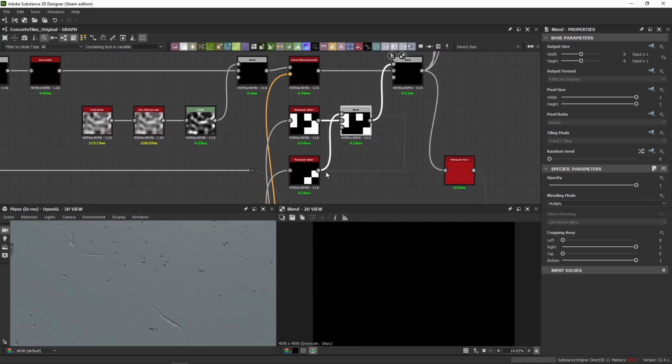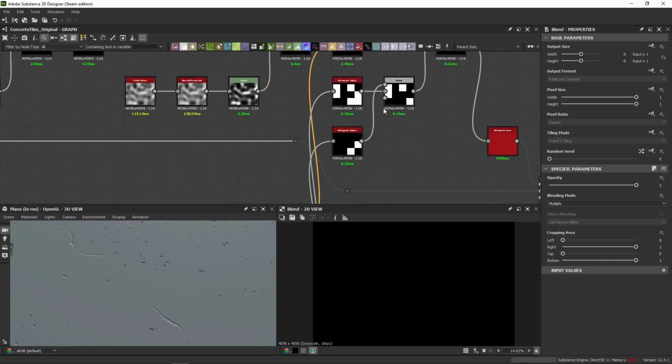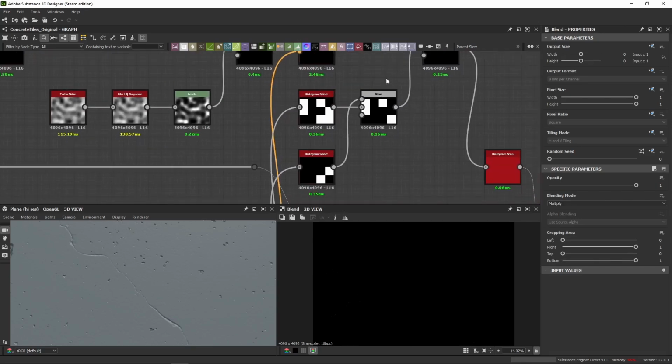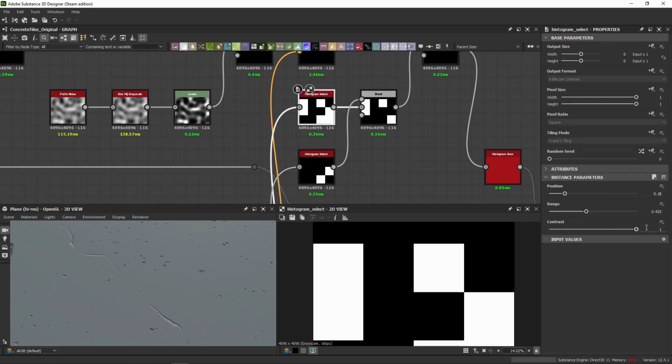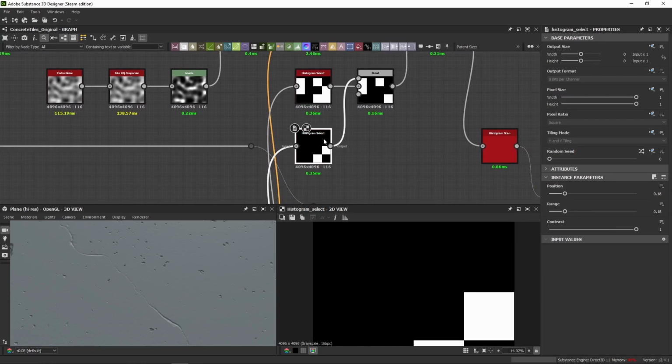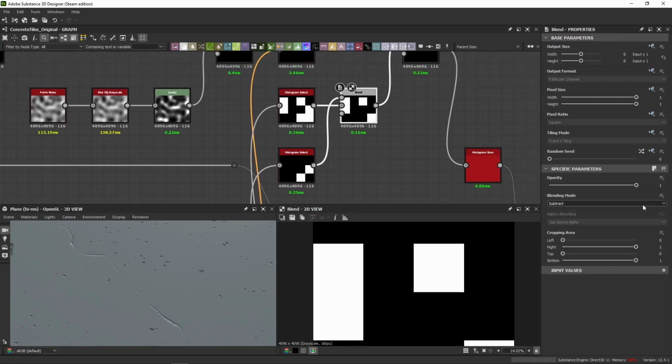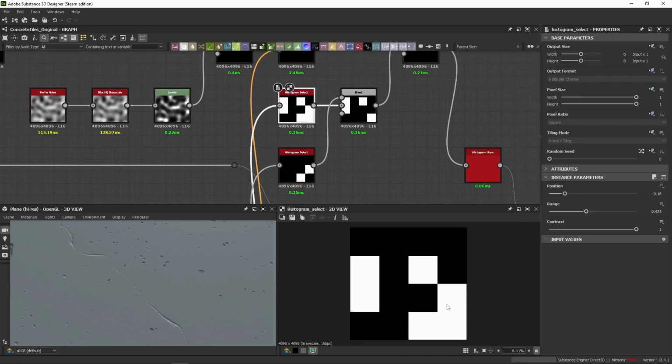Let's stop here and worry about this stuff now. So then let's set these up and then we'll connect them. So on the top we have a histogram select set to these values. And then we have another histogram select set to those. And then we have a subtract. And basically what I'm doing here is I wanted